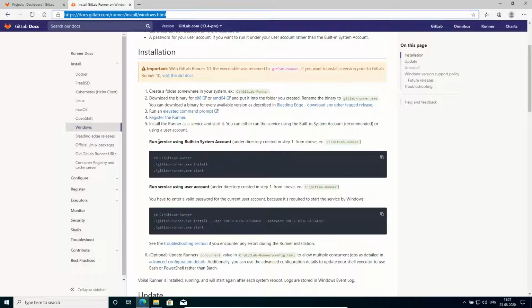Next thing is I need to download the binary. My system is 64-bit, so I will download the AMD 64-bit binary.